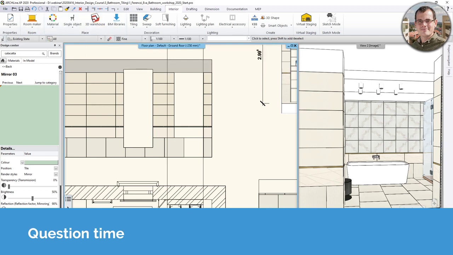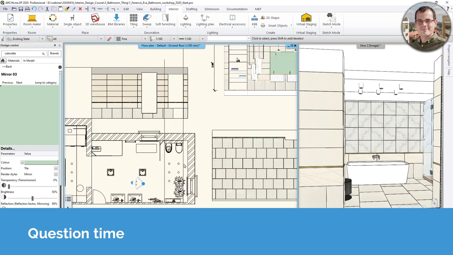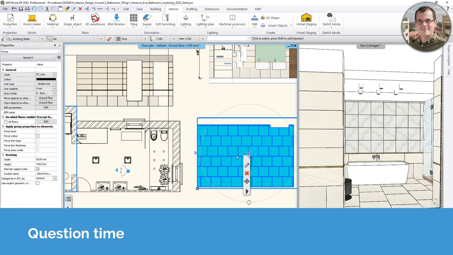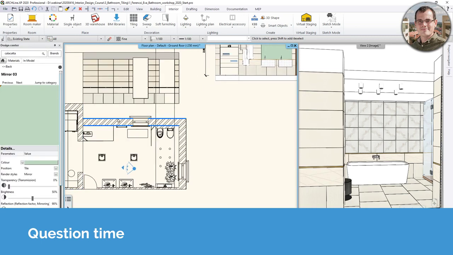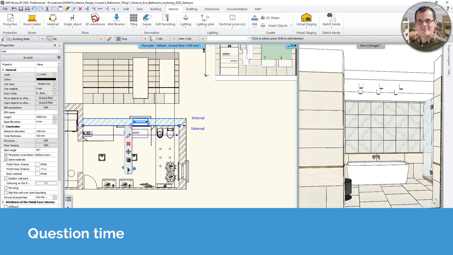Okay, another question. How can I create tiling in just a part of the floor surface, for example, in the kitchen? Now, it's actually done with the same tool as I used before. So if I let me just delete this and do it like that. So if you have an element, let me just